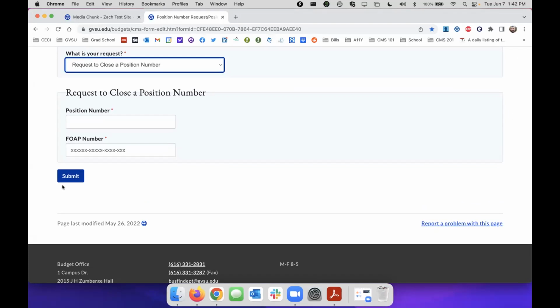So it eliminates all the paperwork. It eliminates the PDF. And the other big thing about it is that this is way, way, way more accessible than what a PDF can be. Okay. So if you do have a person who relies on a screen reader, for them to come to this page and fill this out is not even 100, 1,000 times easier than them trying to fill out a PDF,